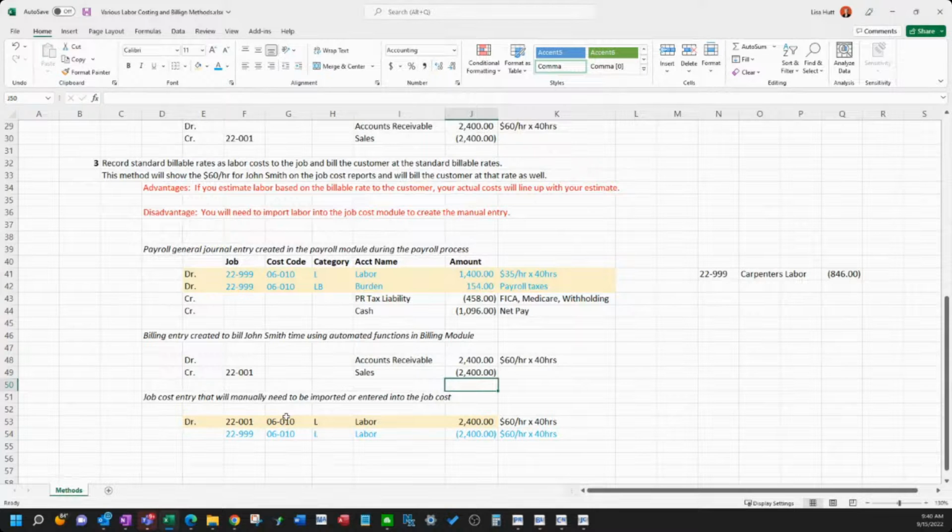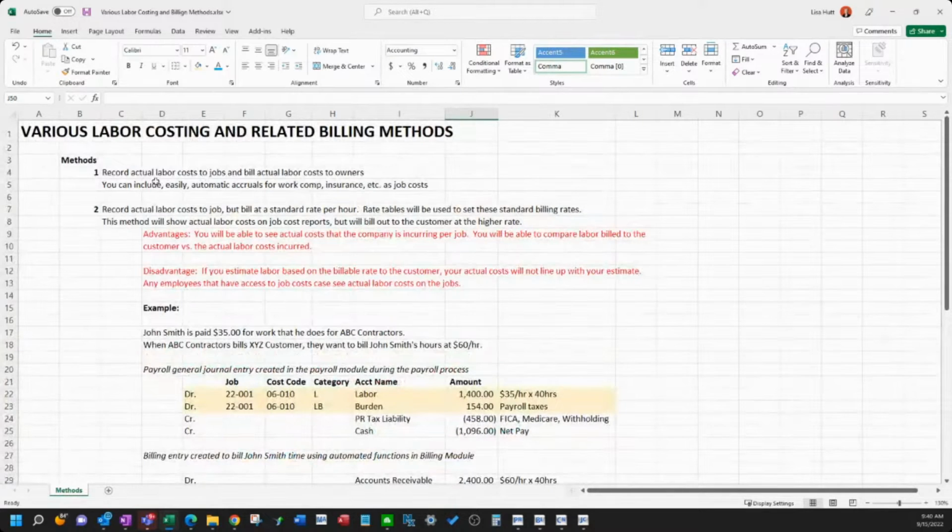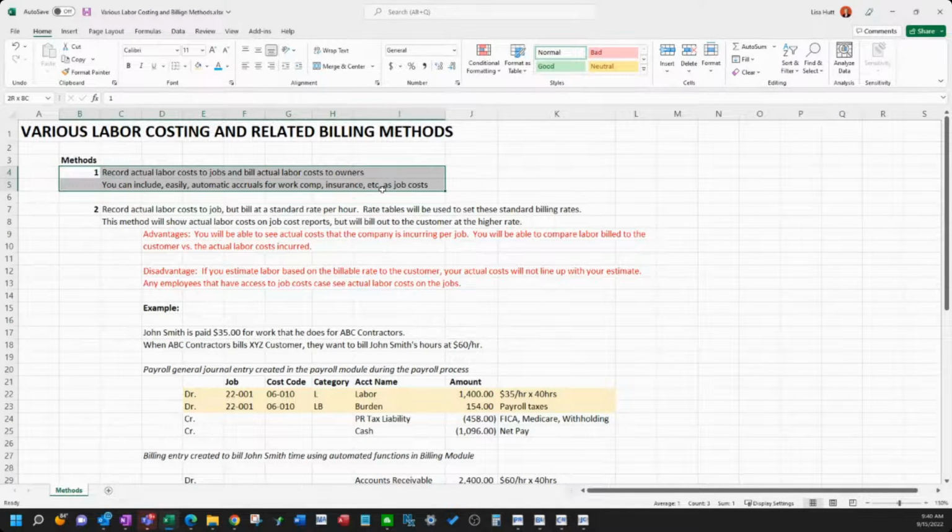So I would say reach out if you're interested in any of these methods besides number 1, which is pretty standard. Let us know and we can walk you through it. Also, we can help with setting up payroll in general. Sometimes you need help with that. The payroll module is pretty complex, especially if you have unions. We'll have more live streams regarding payroll and labor. But that is basically the gist of this live stream, covering the different methods you could use with labor and how you build that out.